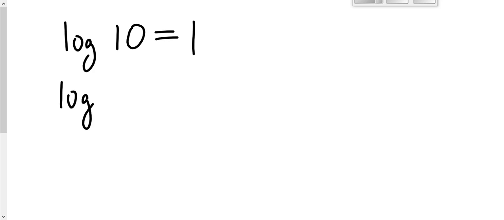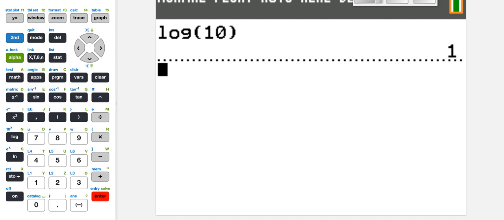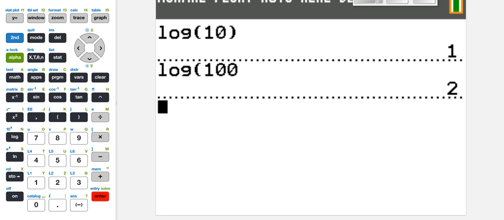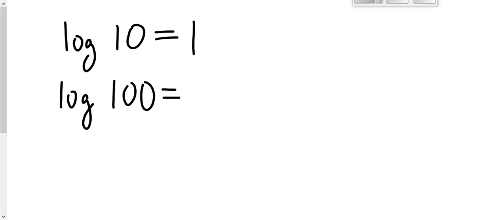Log 100. Enter. With or without closing bracket, that's fine. So that gives you 2. Alright, I don't know if you see a pattern or not. Just let you guys know that when we say log without specifying the base,